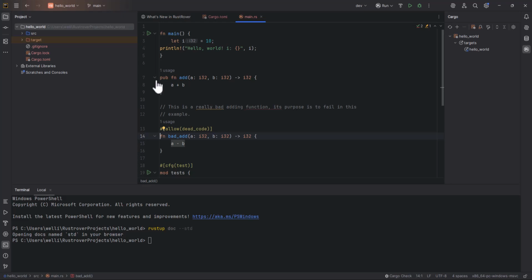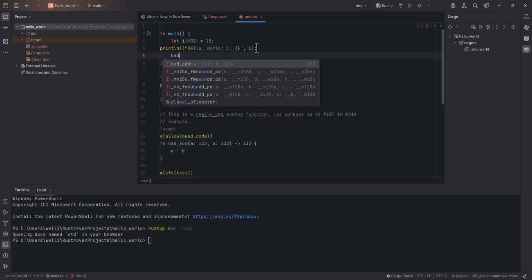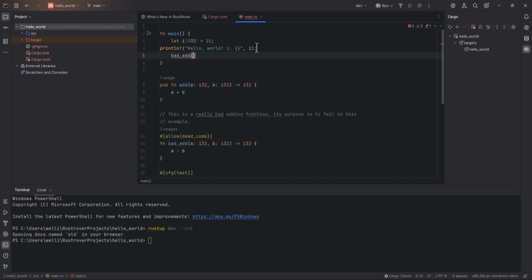The reason this one isn't saying it's not used is maybe somebody somewhere else uses it because it's public. So it's not giving me that warning. This is not using it because we're not using it in our main. But if I said bad add 1, 2, then I bet this dead code will go away. Yeah, okay. So the dead code was